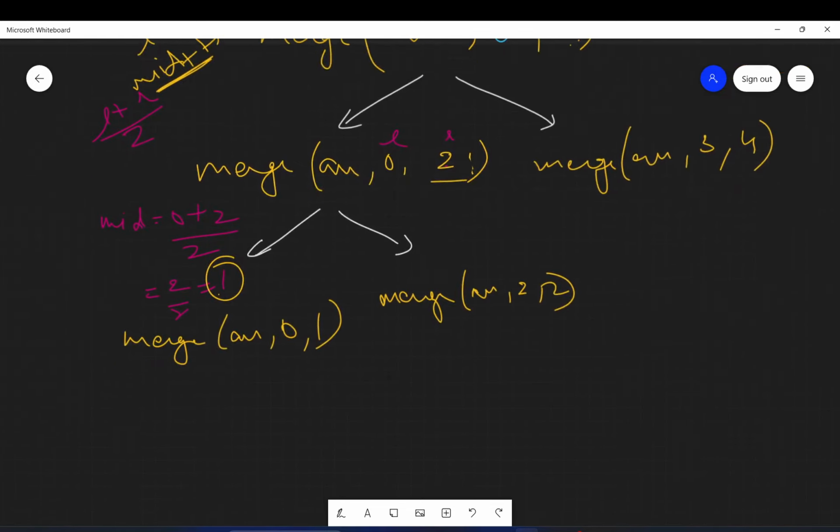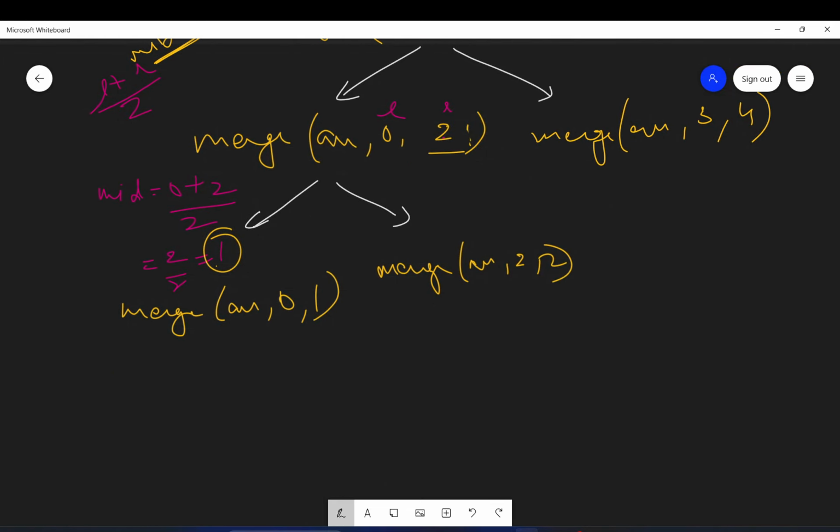Similarly, now if I expand this one, I'm just showing you how the recursive tree is being built. Here L is 0 and R is 1.